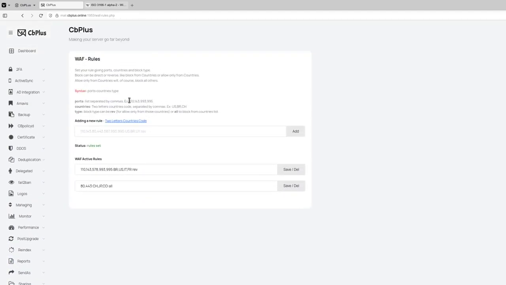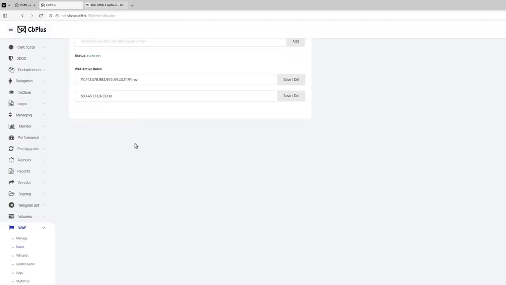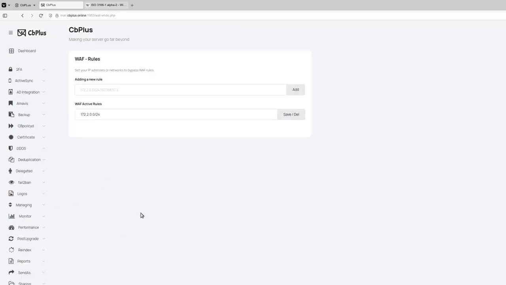This is already running, right? I mean, rules set, you have it over here, the status is on, and that's it. Pretty easy. But of course, sometimes you will need to allow some networks or IPs. I mean, exceptions are out all the time. As you can see, this network